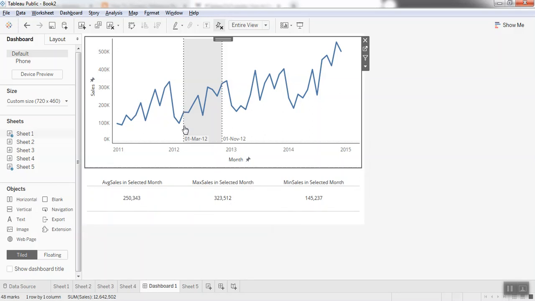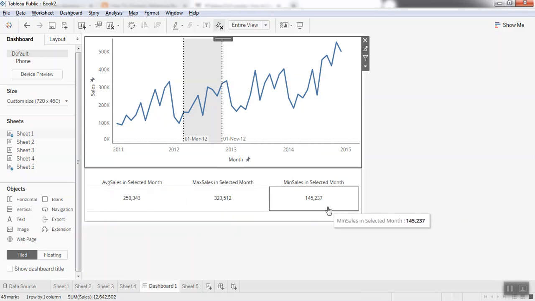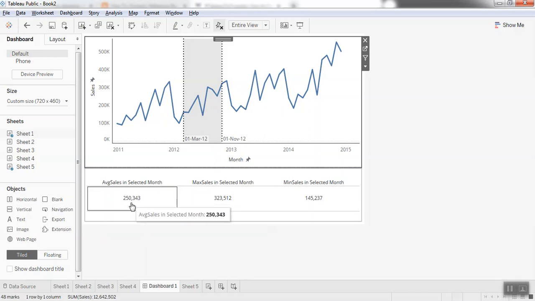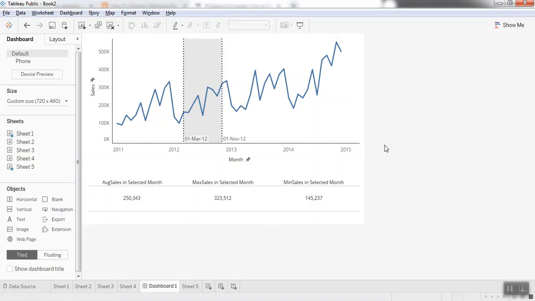So from March 2012 to November 2012, the maximum sales recorded was 323,000. The minimum was 145,000, and the average sales during this time frame was 250,000.